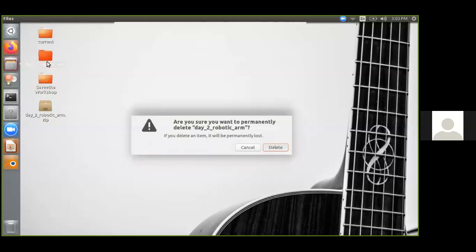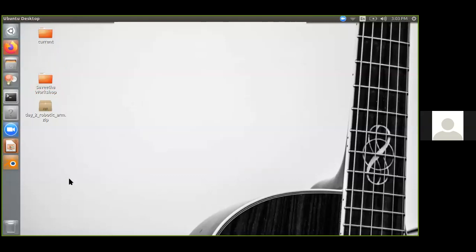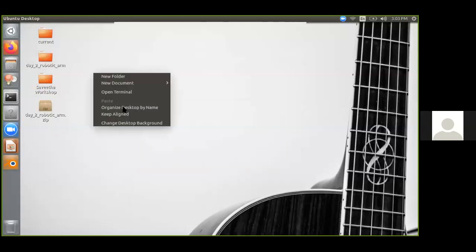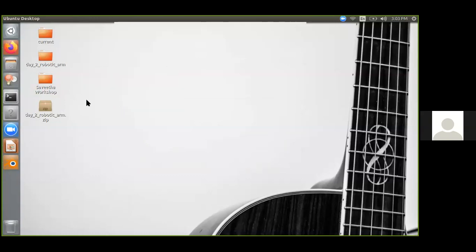So if you don't know how to extract, you can right click it. There will be an option to extract here and it will extract. Okay. Have you all done till here? Can I proceed?